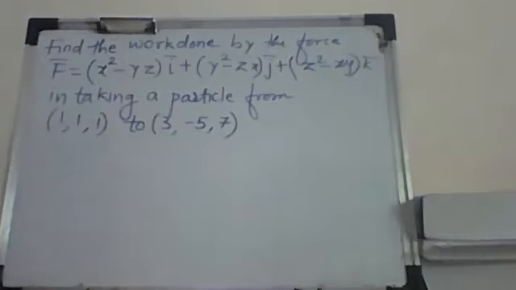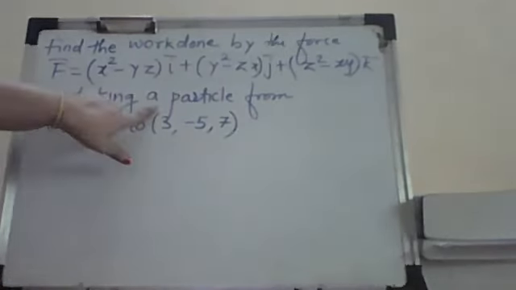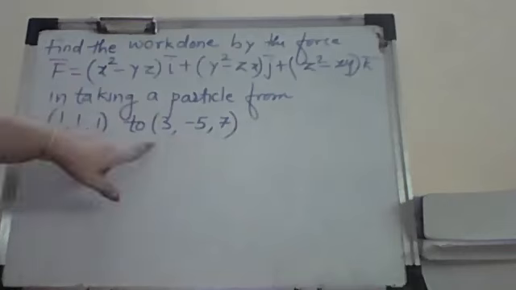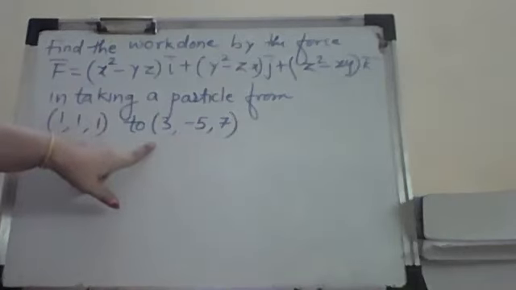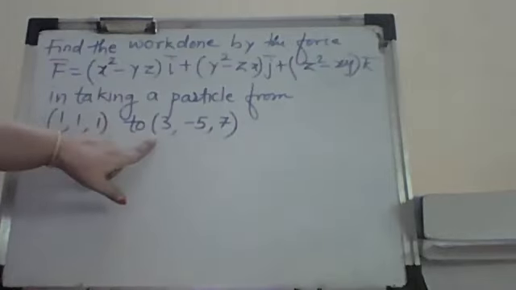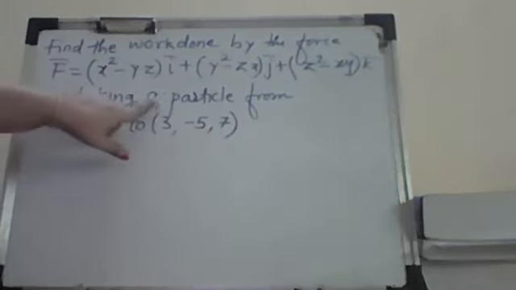In all the earlier questions they mentioned the path, either elliptical, or a parabola, or a straight line joining two points. If nothing is mentioned, you can't take this as a straight line. Please understand that: here you cannot consider this path as a straight line. Since nothing is mentioned, it can be any curve joining these two points.